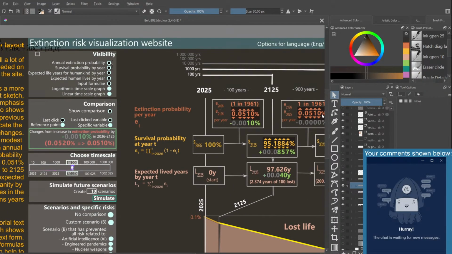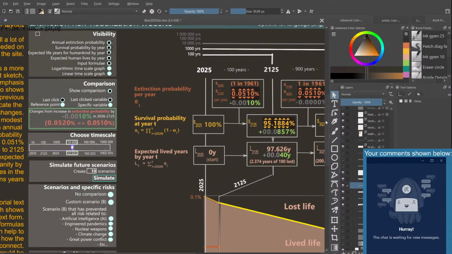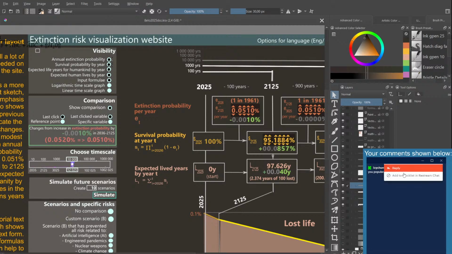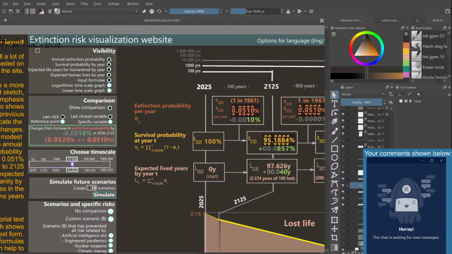There's also one thing, maybe the visibility. The visibility one as well. I would like to